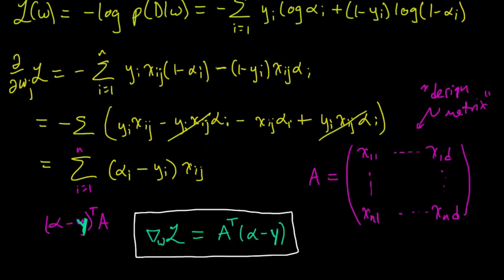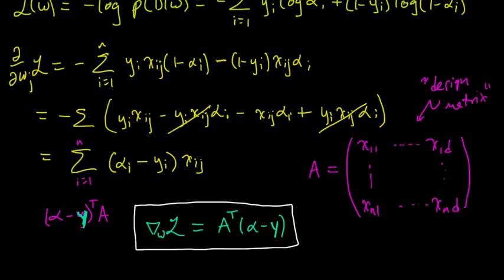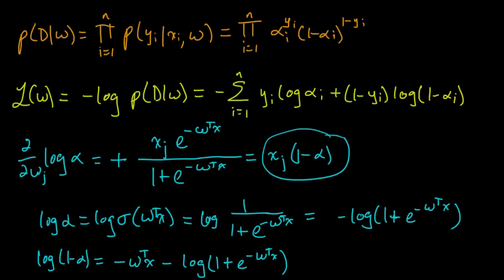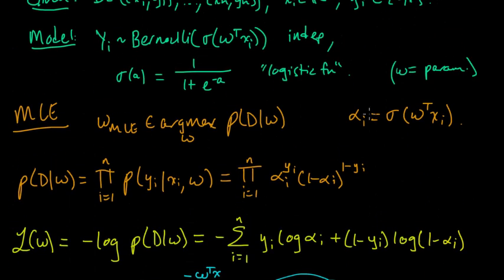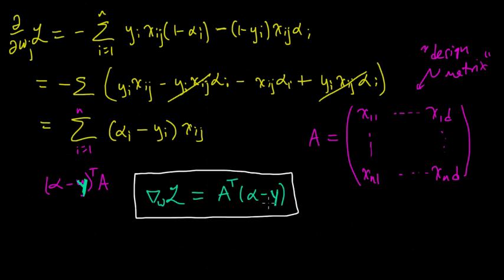But it turns out that unfortunately it doesn't seem possible to do that. And the reason is because this alpha is this vector of quantities alpha I, and each of them is a nonlinear function here in the w's. And so even though it looks like we have this nice linear algebra expression for the gradient, if you were to try to set that equal to 0 and solve for w, you would run into a big mess